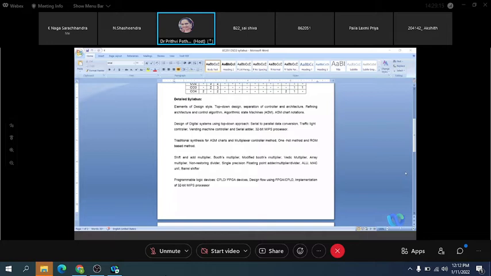Okay, rather we try to depend on the CAD tools, computer aided design tools. Plenty of tools are available in the market, where we will be writing the logical programming, the behavior programming, or the structure programming, and we try to develop the prototype. That means software element only.